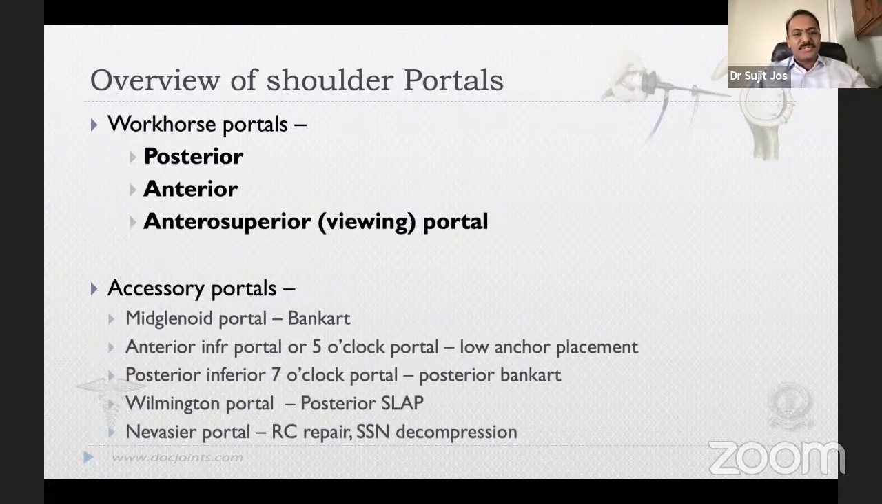And you have the accessory portals: the mid glenoid portal for Bankarts, or anterior inferior portal, the 5 o'clock portal, for placing an anchor more inferiorly if you don't have the curved instruments, or you want to reach more inferiorly, or the opposite side maybe. The posterior inferior portal, the Wilmington portal, which we use mainly for SLAP repairs, especially the posterior part of the SLAP, or the Neviaser, the superior portal, which is not used much now because the rotator cuff repairs are done with self-retrieving instrumentation. Now I use it only for the suprascapular nerve decompression in case of a compression there